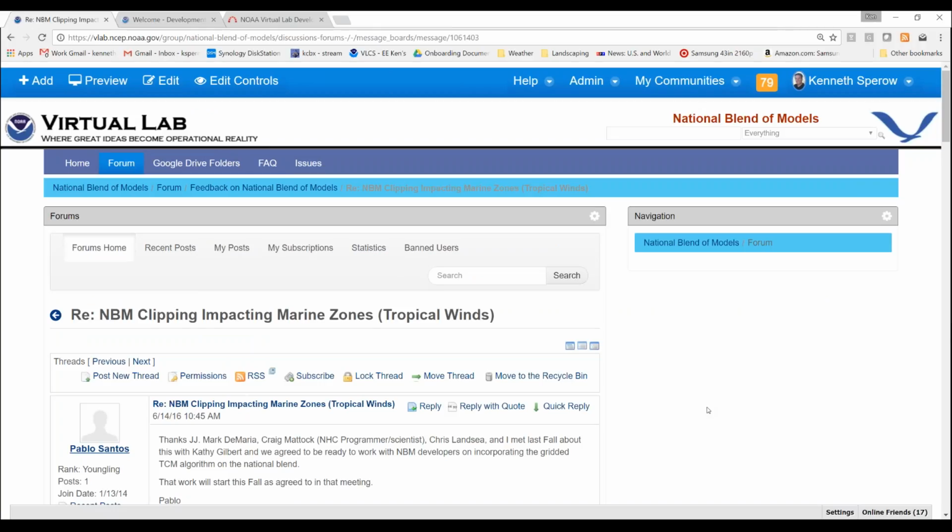It doesn't necessarily mean that all of the content resides within the virtual lab, but at least the pointer or the entry point is on the virtual lab, so that someone new coming into your project or community can go out to the virtual lab